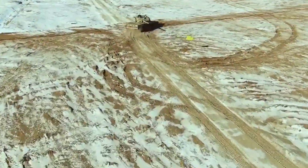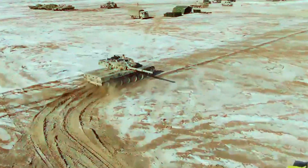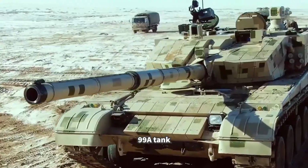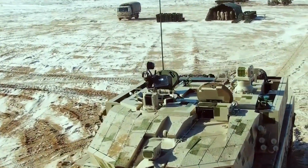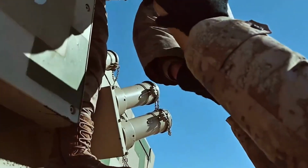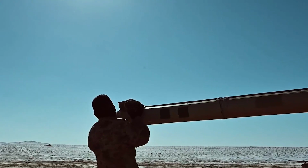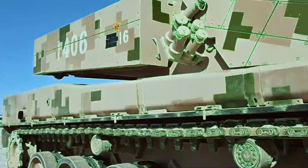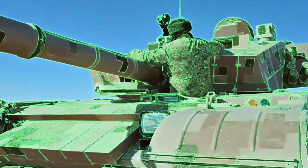The Chinese Army has released a new video demonstrating the shooting-on-the-move capability of the Type 99A and Type 96B main battle tanks. The 99A main battle tank is the most advanced tank in China, equipped with the best battlefield information management system, laser jamming countermeasures system installed on the top of the turret, and excellent performance in fire control and